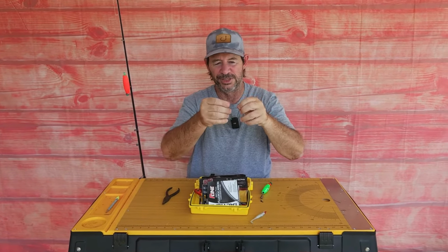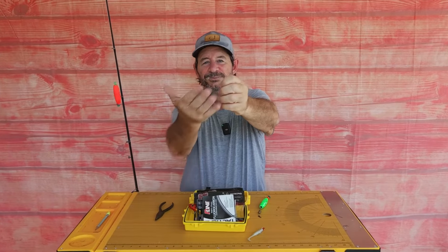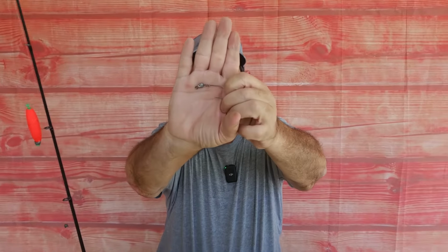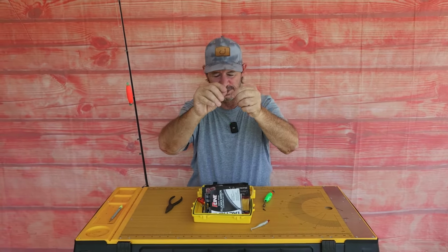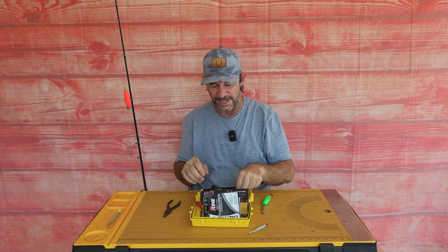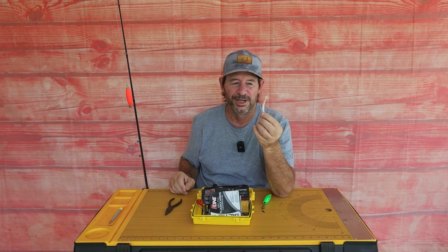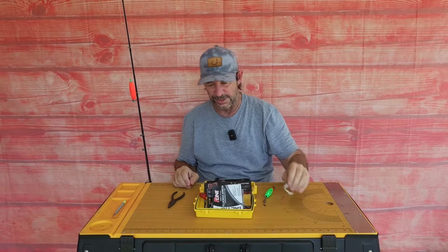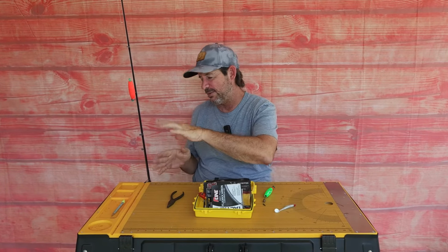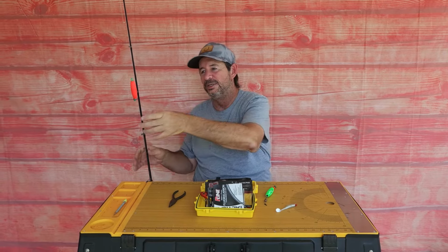And then we also have another style there. It has a little corkscrew type deal there that helps keep the plastic up against the head of this. And again, about an 1/8 ounce, absolute best choice. Put this on your line and just throw it anywhere and everywhere, and you're bound to hook up on fish. Okay, so what we're covering now is the live bait, which is going to be mid-column,